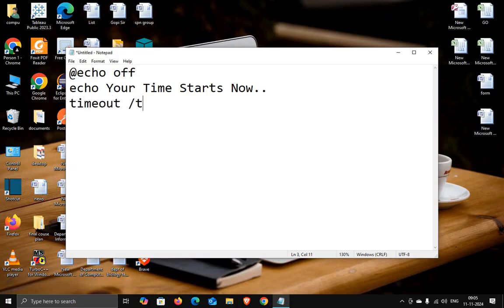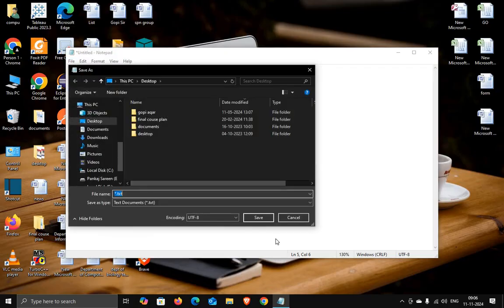timeout /t, and here you will type the time. So let's say 30 or let's say 20, and then type echo times up, and here type pause. So this is the simple script, and then save this script, save it as, let's say, timedown.bat,